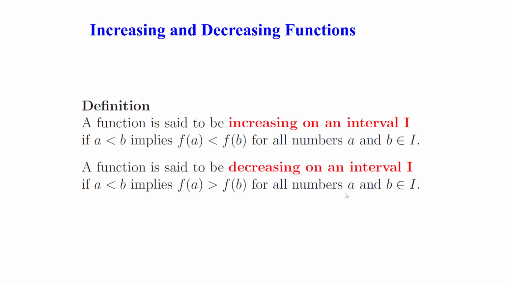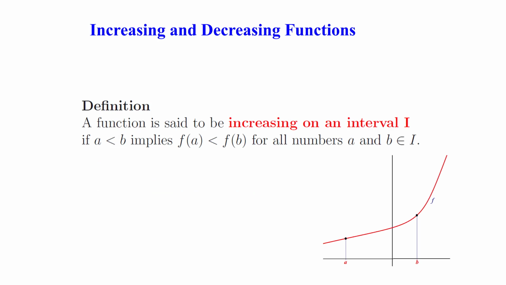Definition. What does it mean for a function to be increasing on an interval? Well, we have the definition stated. A function is said to be increasing on an interval I if a less than b implies f of a is less than f of b for all a and b in the interval I. And what you see here is the inequality. If a is less than b, then f preserves the inequality if it's increasing. So if you took f of both sides, you would leave the inequality alone, only in the case that f